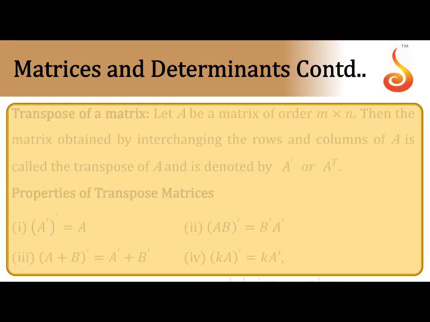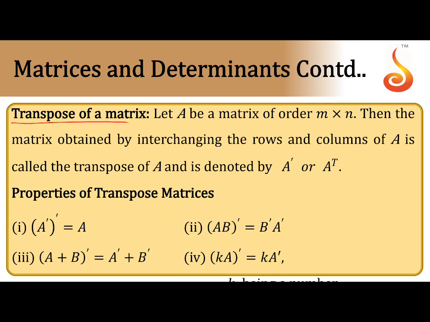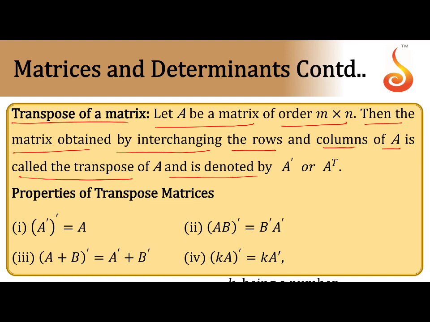So next, transpose of a matrix. Let A be a matrix of order m by n. Then the matrix obtained by interchanging the rows and columns of A is called the transpose of A and denoted by A dash or A^T. A^T means A transpose. So by changing rows into columns, the resulting matrix you call the transpose of the matrix. Here, for A transpose, change row to column. First row is 1 comma 2, it is changed to a column, and the second row as a column. So now A transpose is 1, 2, 3, 4. By interchanging the rows and columns, the resulting matrix is called the transpose of the given matrix.